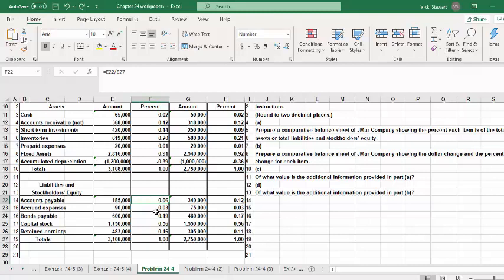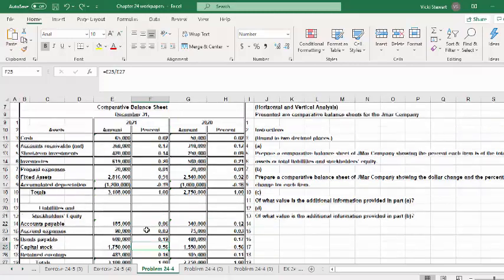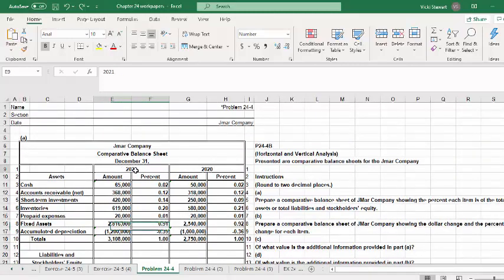So you could set your spreadsheet up to do the same thing, and you want to do that for both years, 2021 and 2020. So Part C asks, what is the value or the additional information when we do vertical analysis or common size